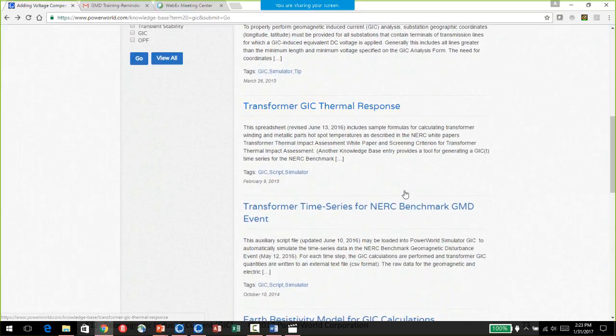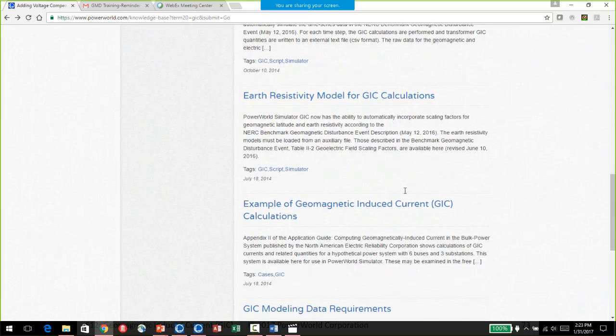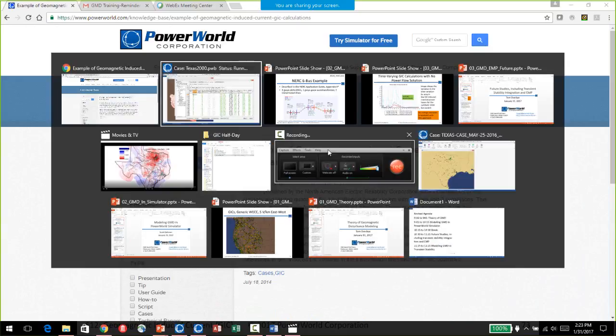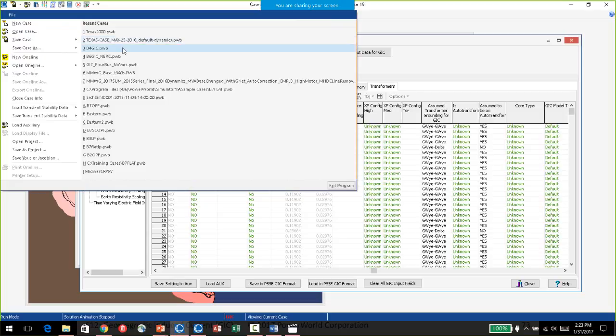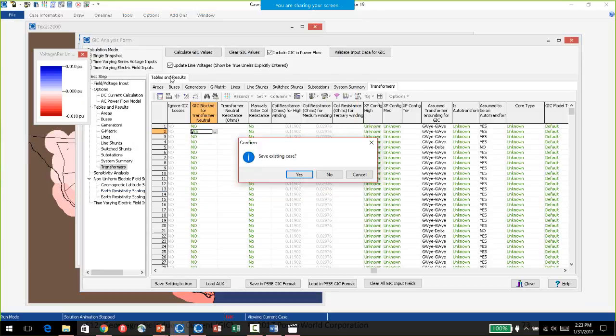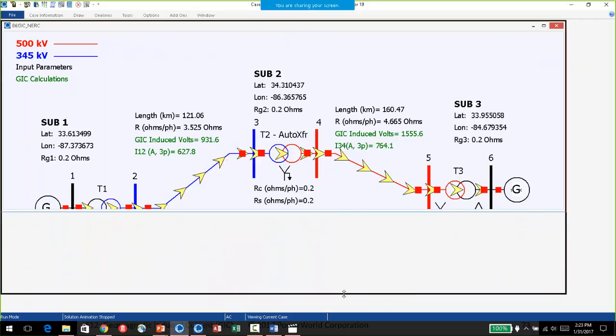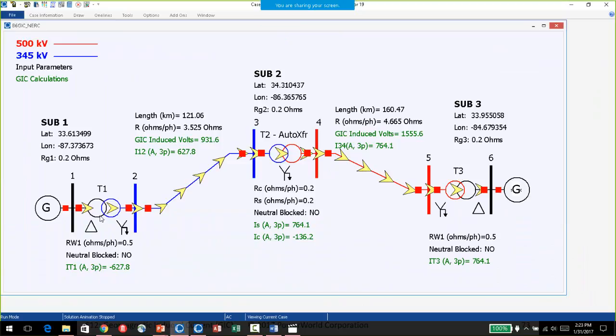Where is it? Right here. So NERC has a link to the NERC application guide, and then you can download the 6-bus case here, or from the files that we had sent out prior to this meeting. This is just what the case looks like, and again, there's a grounded Y delta GSU at either end, and then an autotransformer in the middle.